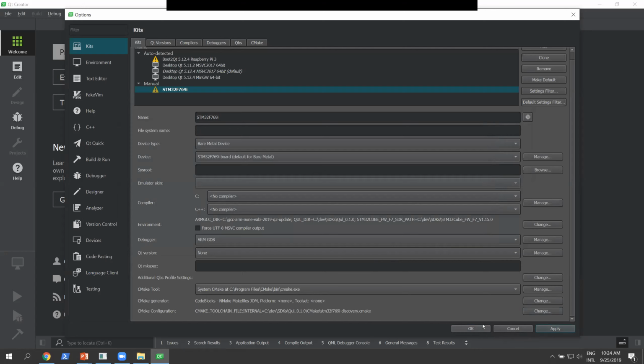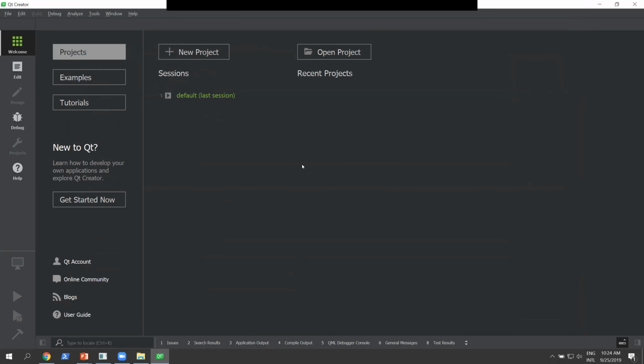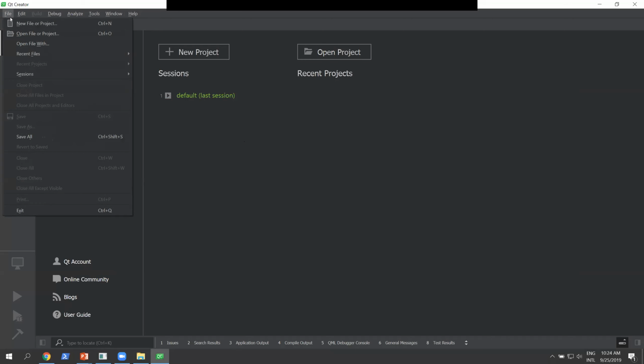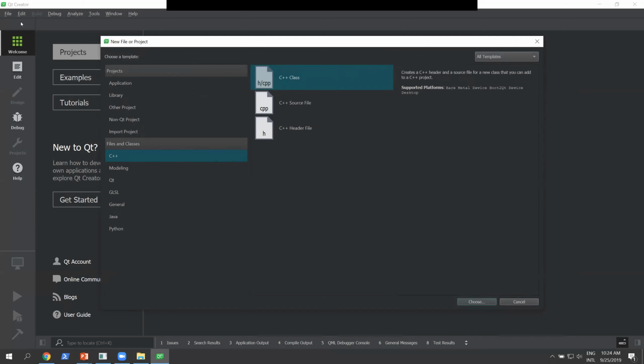So now we can actually start creating our project. So let's just go ahead and do that. You can click on File here, a new project. As I said earlier, there is not a full integration yet, so the way to create it right now will actually need to click on